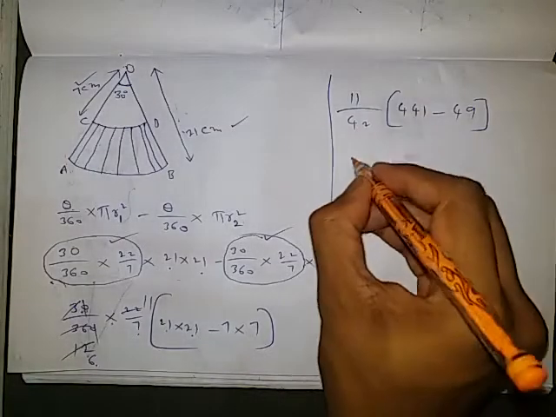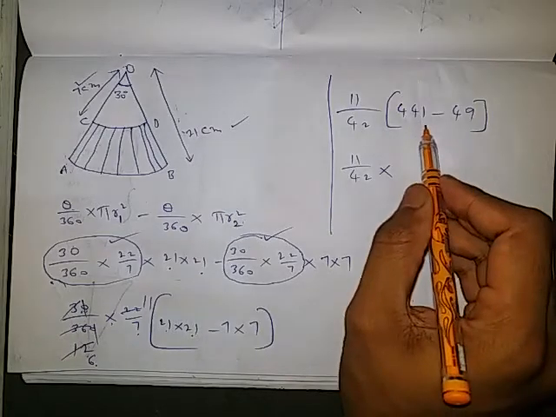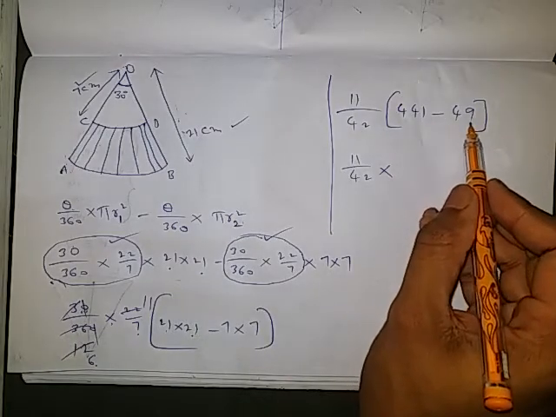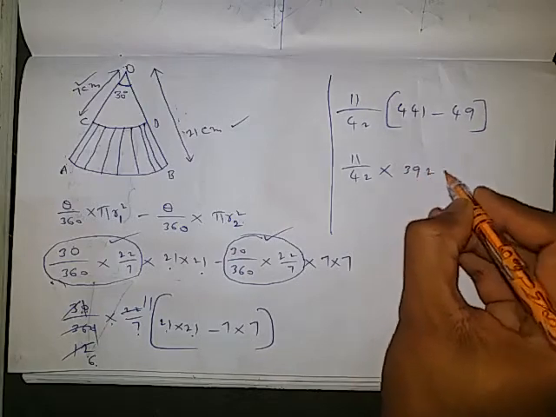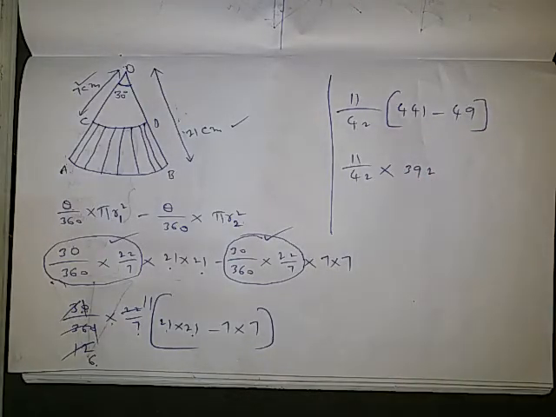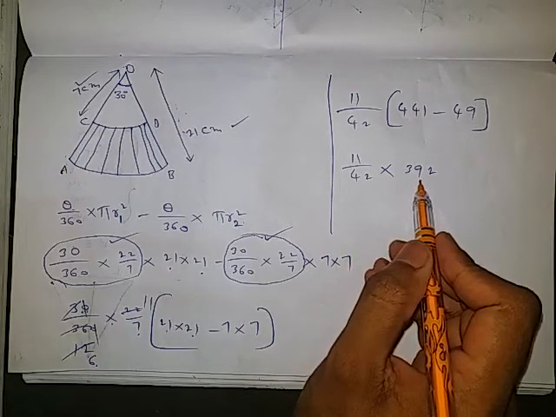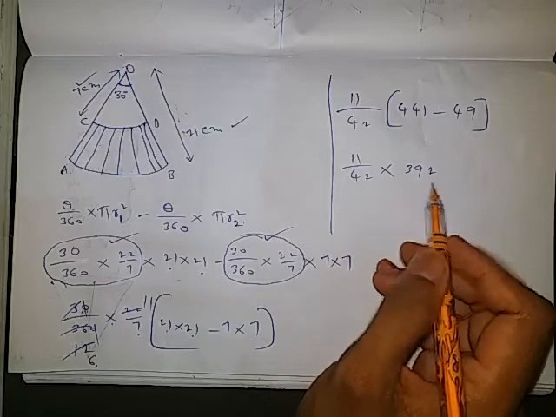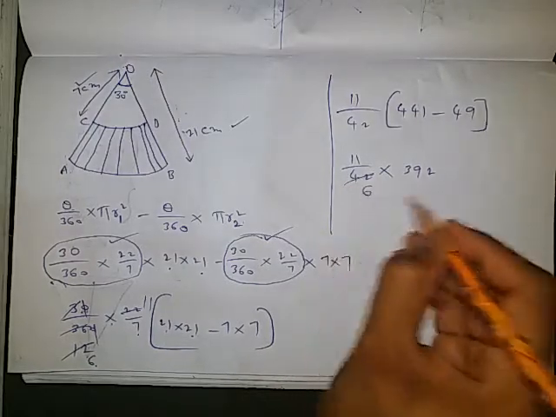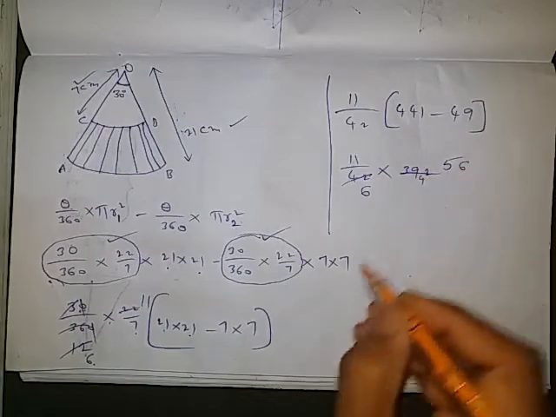So 11 by 42 into 441 minus 49 is nothing but 392. So here let us check whether 392 will come in the 7 table or not. 7 5s are 35, 4 remains, okay, 7 table it will come. 7 6s are 42, 7 5s are 35, 4 remains, 7 6s are 42.